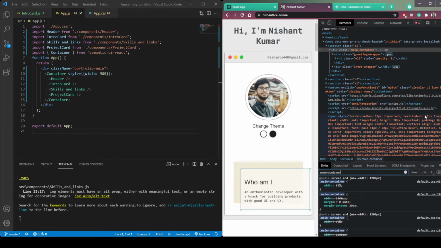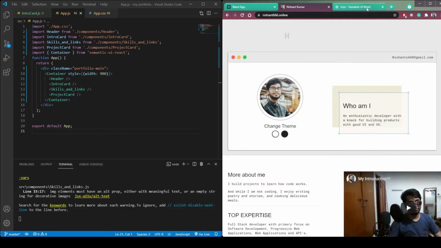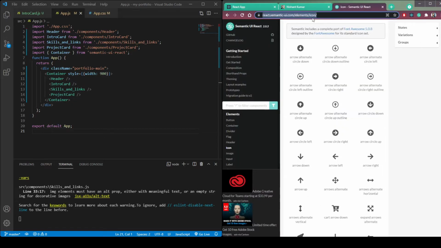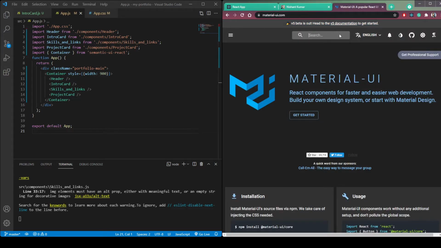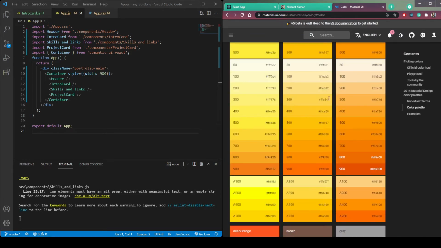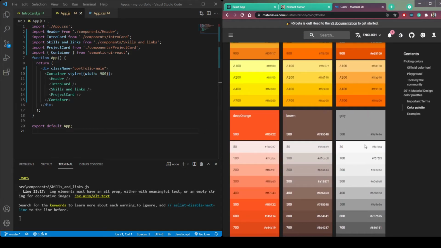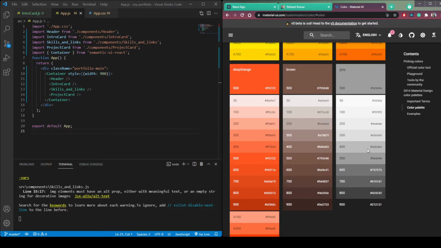We can't find any colors, so let's head to materialui.com. Here we will search for color and go all the way down in the gray color section. Let's use this 400. Let's try it.